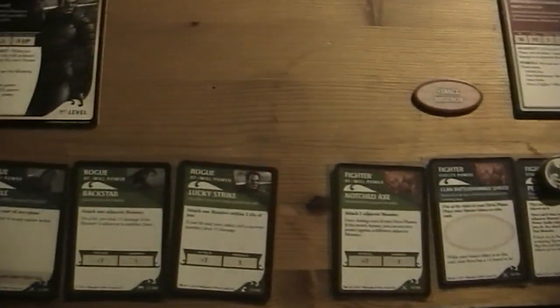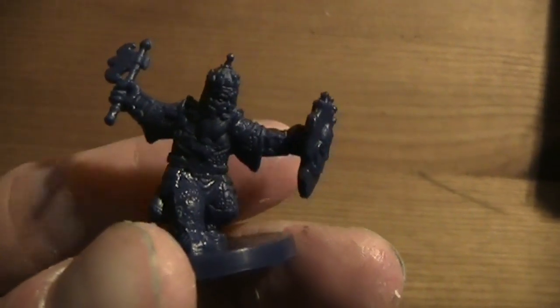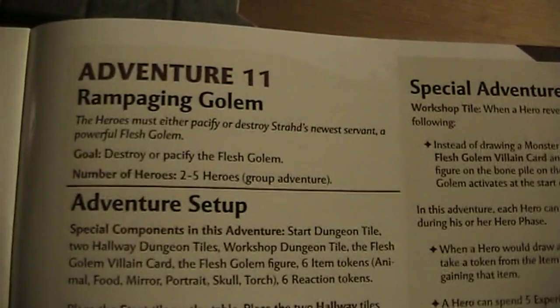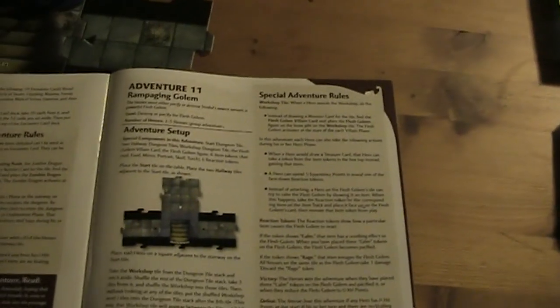So, that's it. These are the powers of our heroes. And, of course, you can take a look at Bruno's miniature. This is him. Our fighter. So, and I decided to play Adventure 11, Rampaging Golem. And